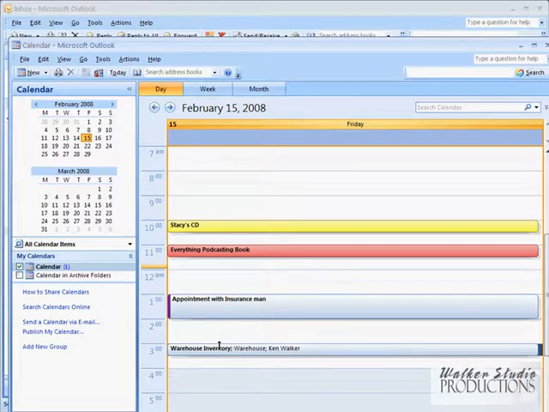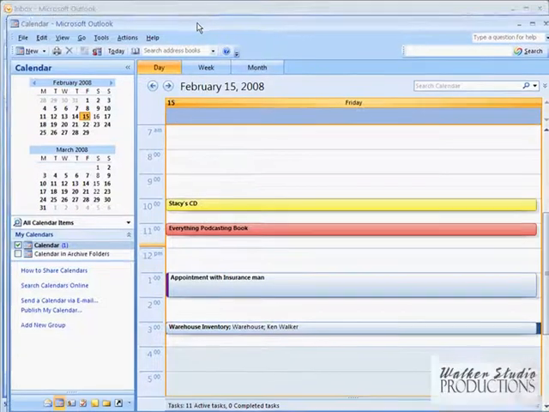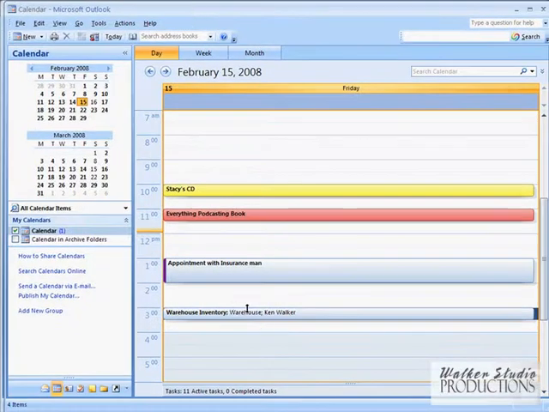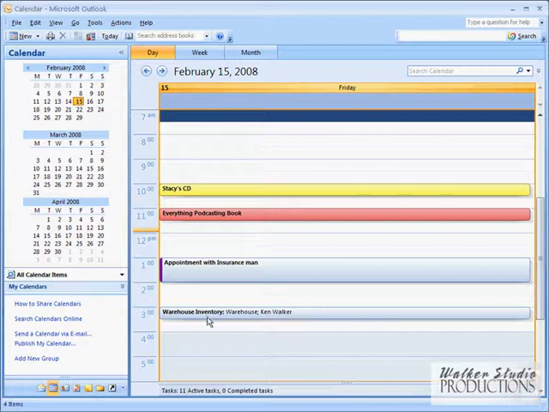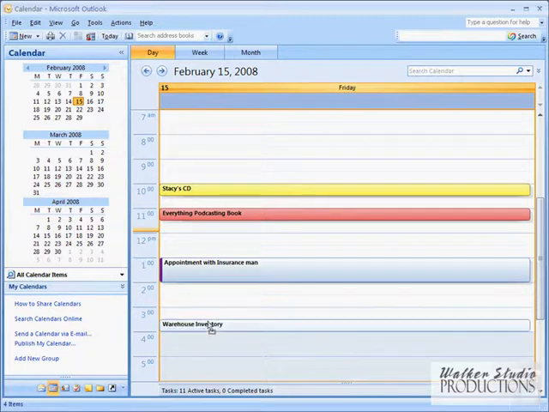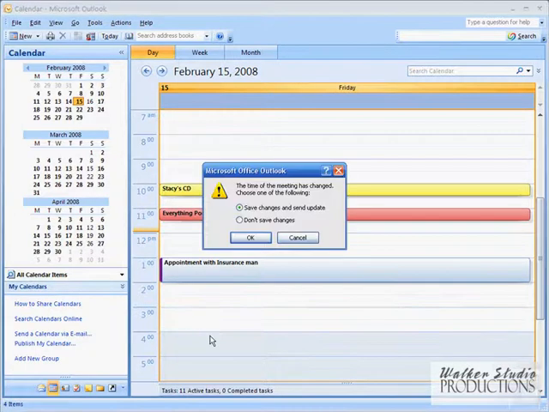Now, the reason that I said this is going to be tricky is because I've already got the appointment set there. So nothing's really needing to happen, but it is automatic. If someone else were to send you that request, then it would be scheduled in there. You could respond to it. I don't have to respond because it, again, already knows that I'm going to do it. But one thing that's neat about this, if I was to, let's say I move the time here, it knows